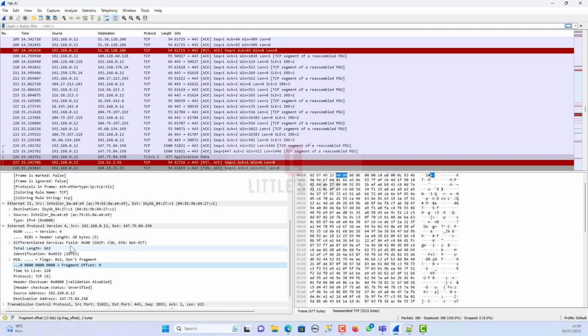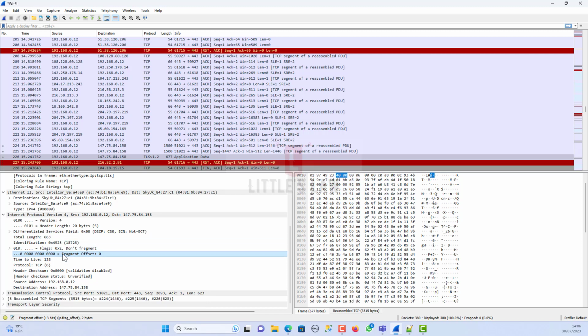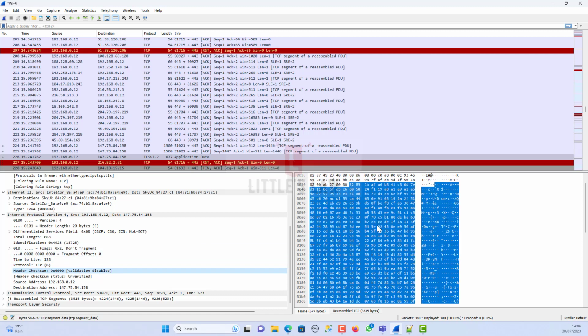This is like connecting the dots and making it super easy to understand what each part of the packet means. With the packet bytes pane, we can actually see and interpret the data zooming through the network cables, and it is like a secret code cracker of the internet.